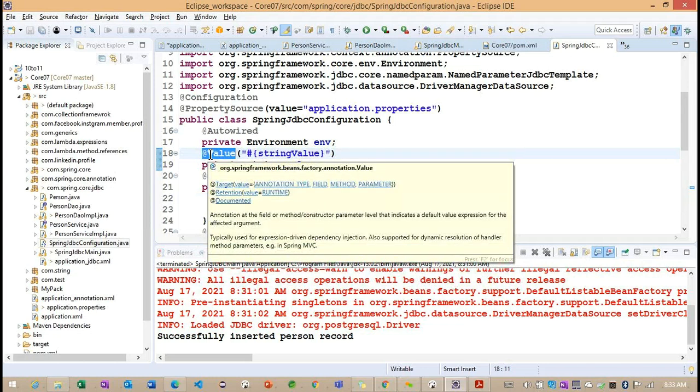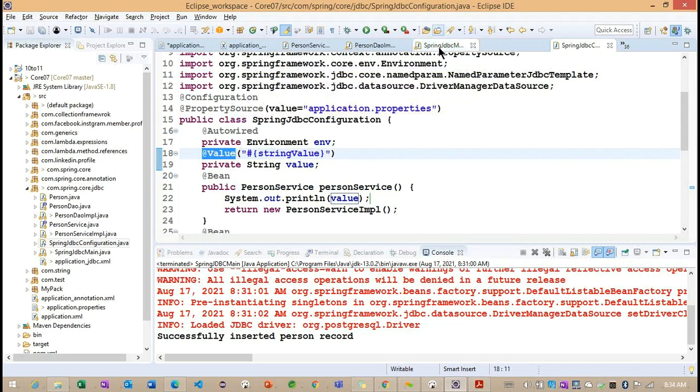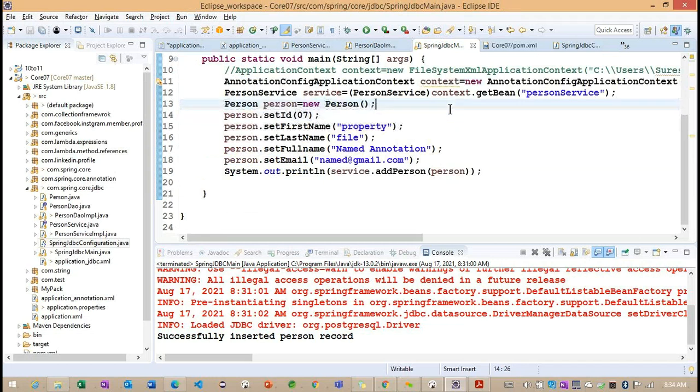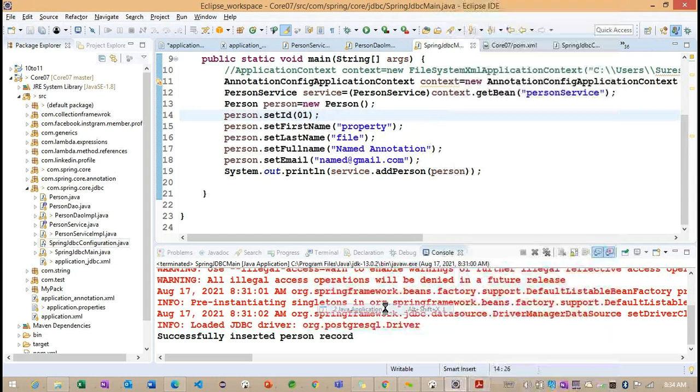In the previous example, we already identified the same Value annotation, but here also we are going to work on the Value annotation. Now observe, but where is the value coming from? Okay, we cannot use the 7. We can go for the 1. Okay, where is the value coming from? In our property file.